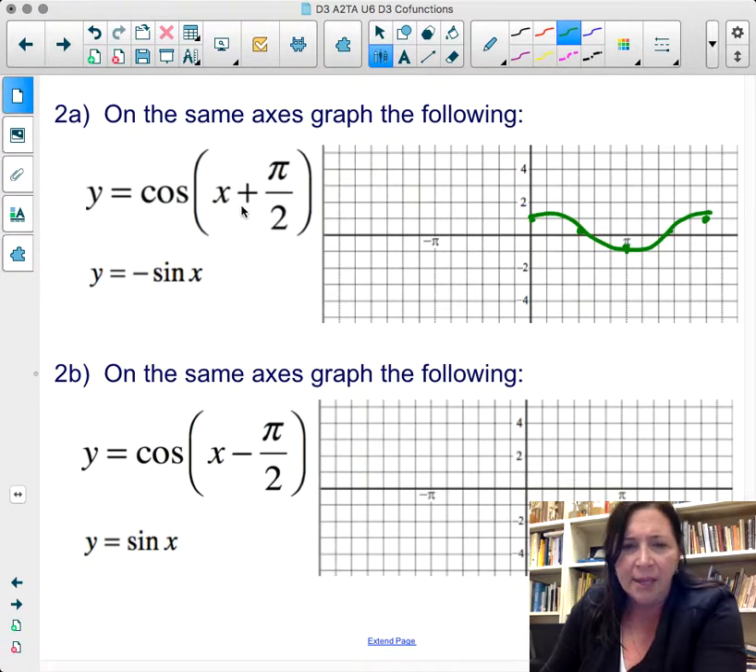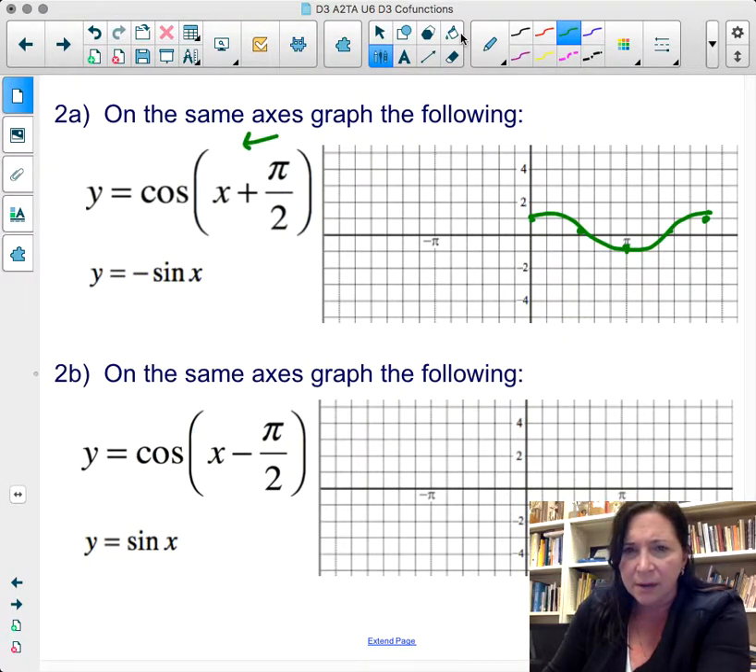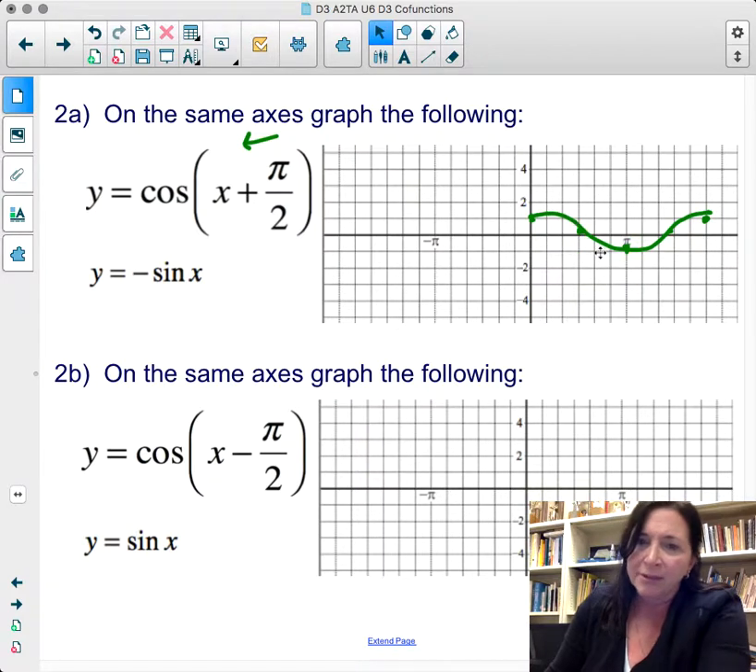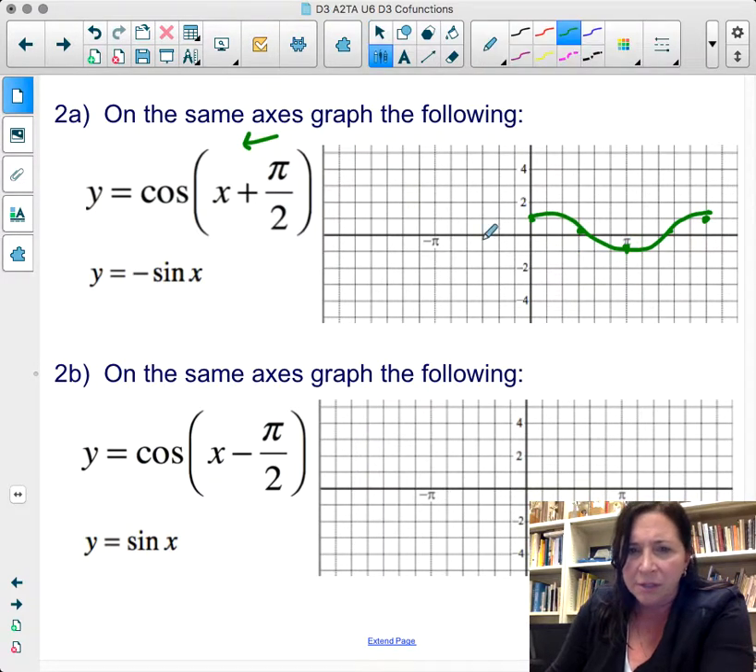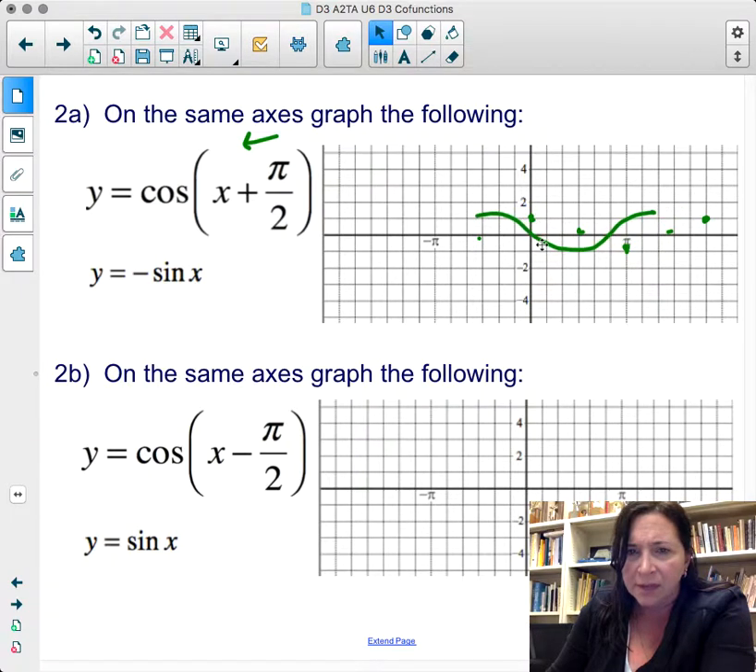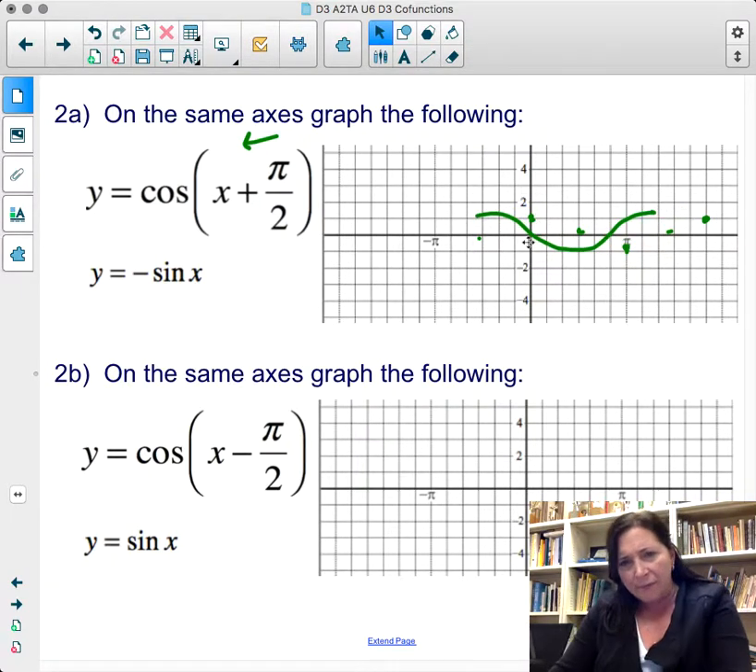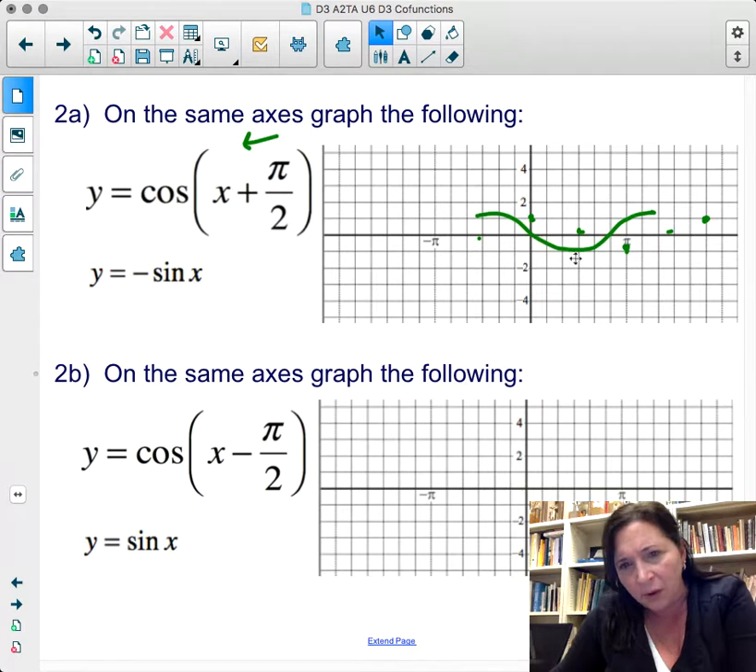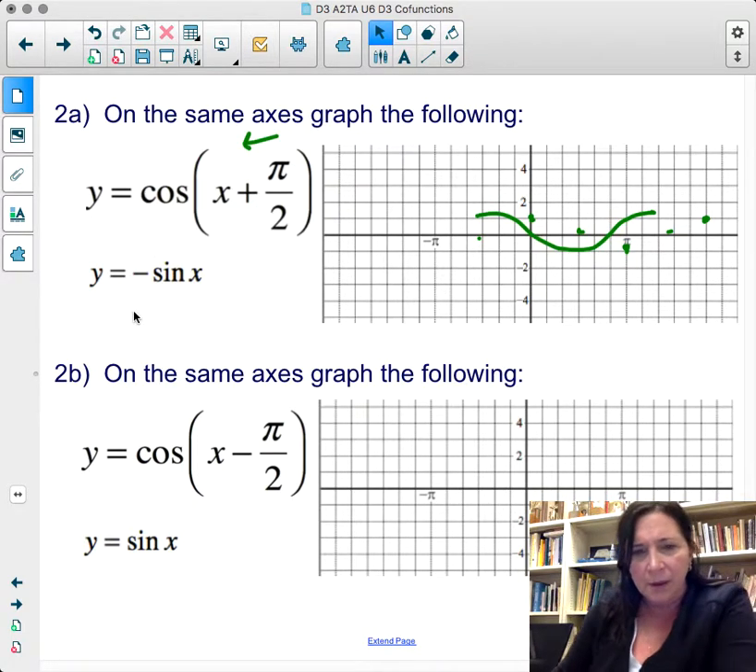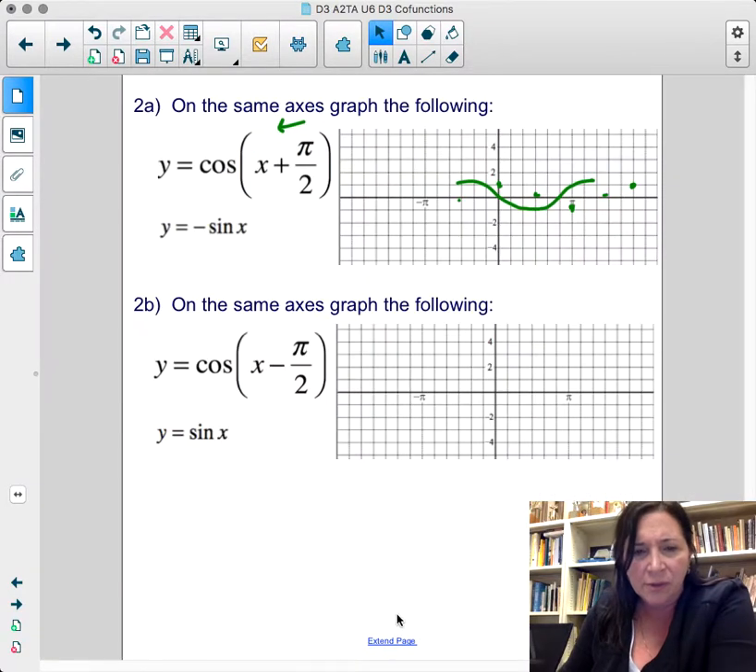Okay. And if we were to take cosine, the plus means we're going to move it to the left. And if I were to move it pi over 2, which is here, what that does is this. Now look at this graph. See now my sine wave goes down, and therefore that's where the minus sign comes from. Likewise for this one,